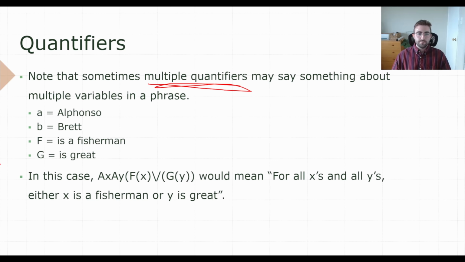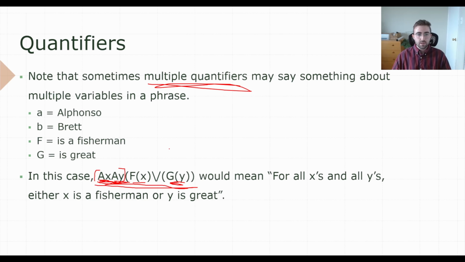So, in this case, I'll give you an example. We could have this phrase, and this is saying, for every x, and for every y, either the x's are fishermen or the y's are great, right? So we might say, yeah, I guess that's the best way of reading that. But the point is that these quantifiers, we could have multiple of them in front of a phrase, impacting various